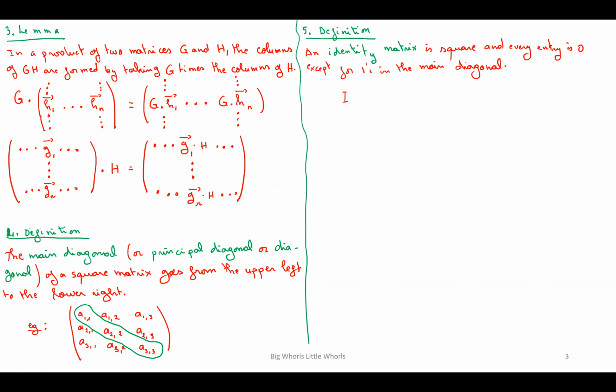So you have what's called I_N, which is 1 0 0, 0 1 0, and 0 0 1, and yeah, we have